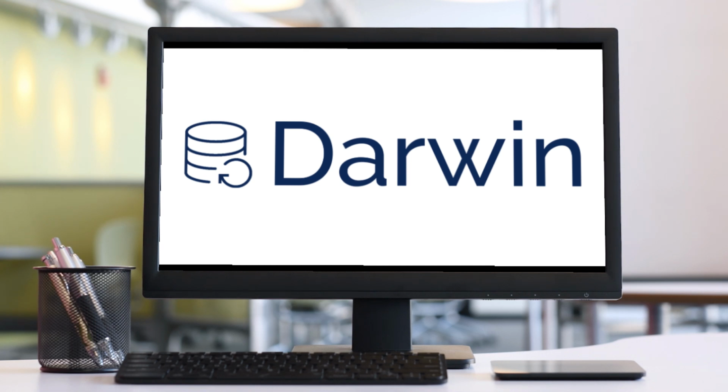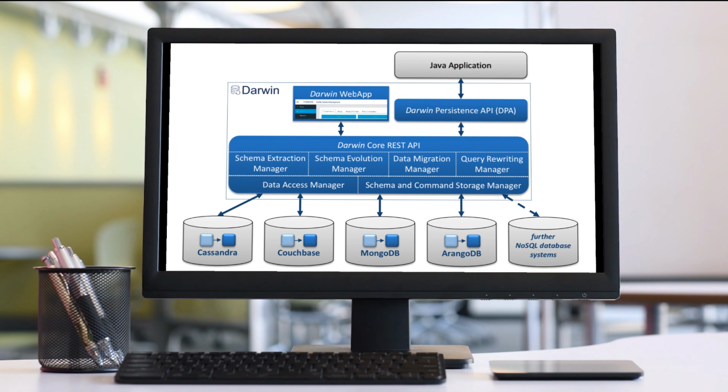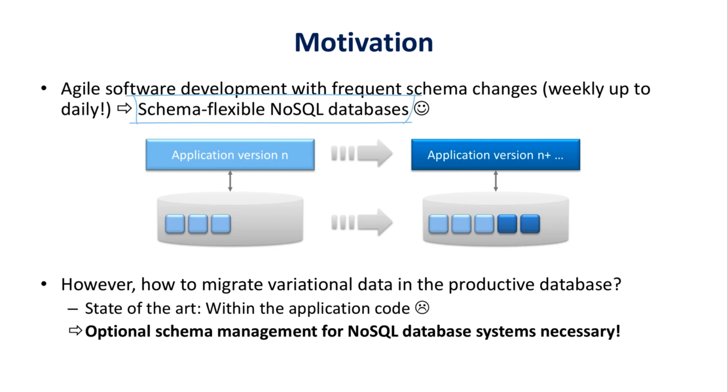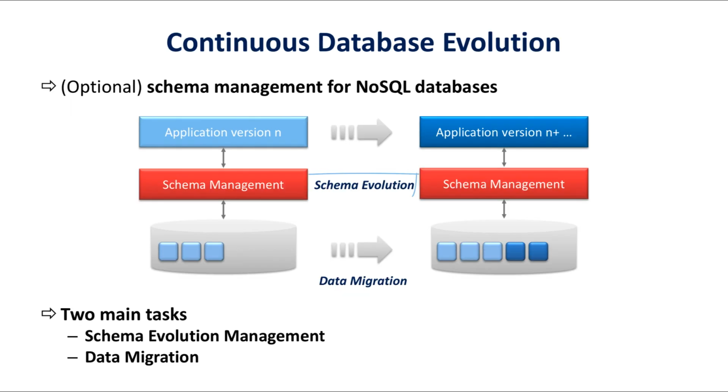We present our NoSQL Schema Management middleware Darwin. The name is alluding to Charles Darwin, the famous evolutionary scientist. In the NoSQL context, the database schema is flexible and thus suitable for an agile software development setting. Here the term schema evolution refers to the process of evolving the database schema during the development of a NoSQL-backed